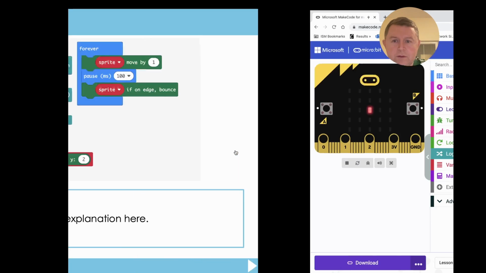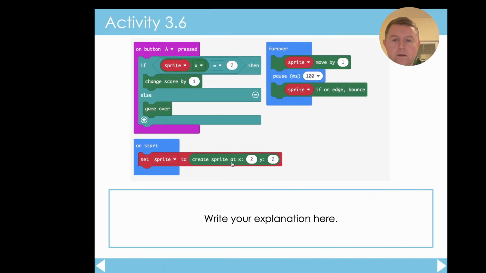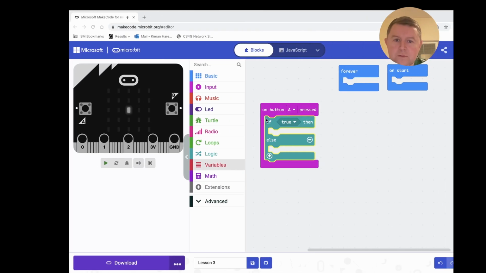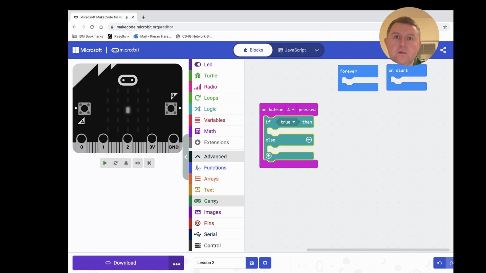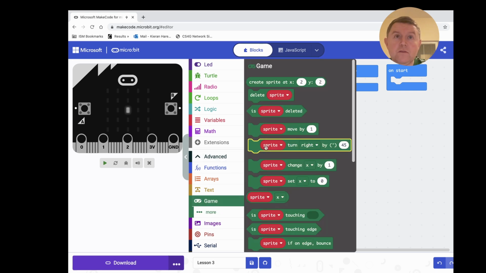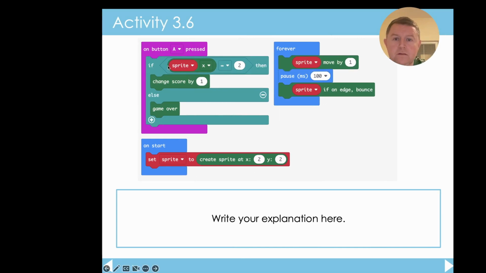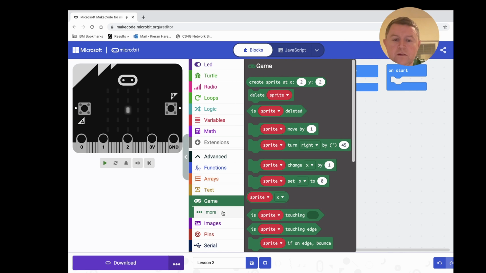And we need an if statement with if then else. Yeah, perfect, like that. And we want this thing called a sprite. And we want to set it equal to, if it equals to 2, then change the score by 1. And we'll explain as we go along with this one. So if you go down to advanced here, you should see a thing called game. So we're going to find this one. So let's see which one we need. It's the logic one first. So we need to find